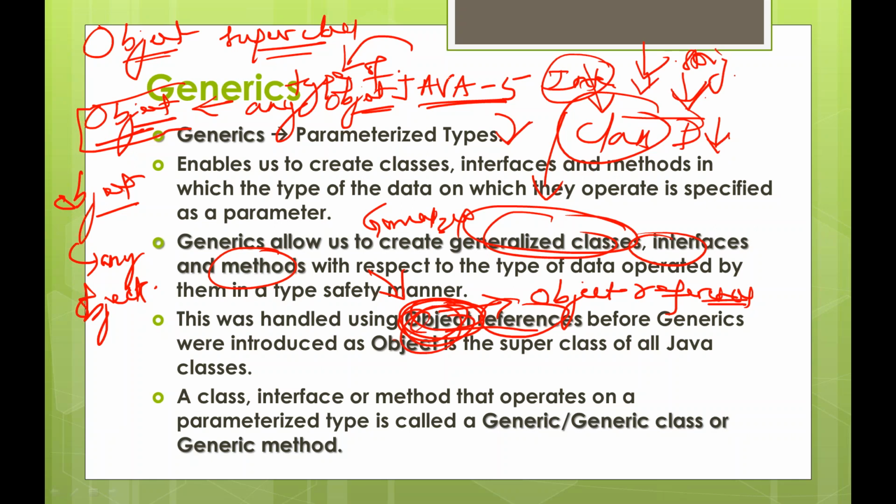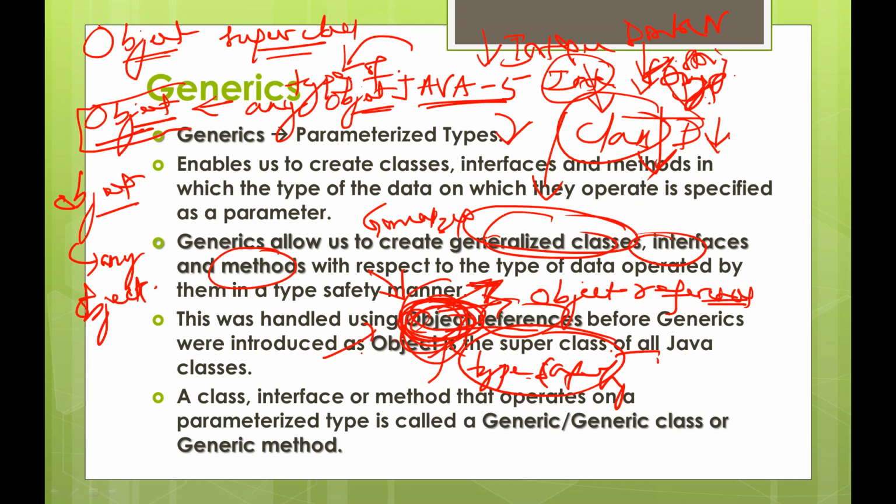So using this particular object reference, it can refer to an integer object, or a double object, or a string object, or whatever you can think of, right? But there are some disadvantages, or some kind of challenges, when we use this object reference. The main thing is type safety. To avoid all these things, Java people came up with